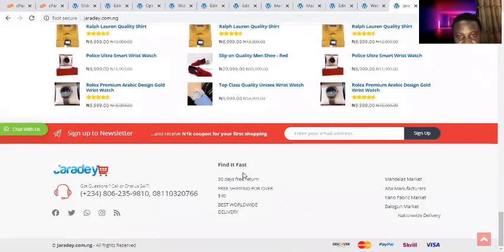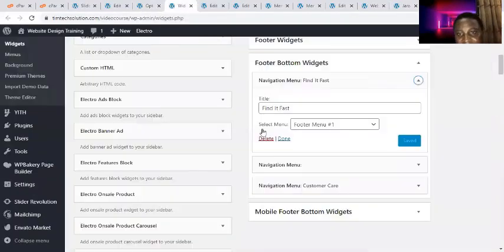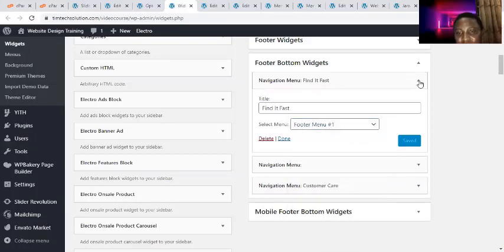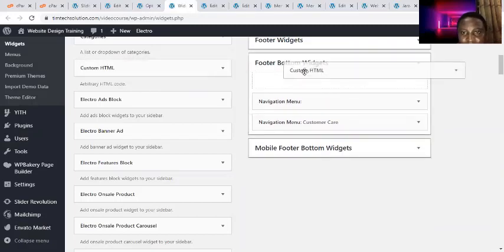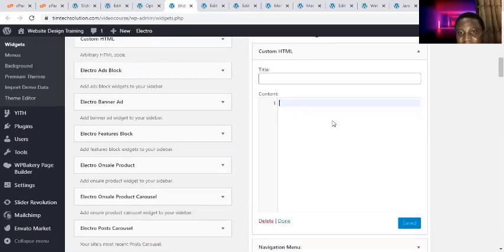Find it fast, 30 days free return shipping. So you can see what I have there. You can also input that as well. So find it fast is shown here. The menu is picked from the footer menu, but you can choose to change it or customize it. You can bring this out and then add custom text here, and then you provide the content. You can say something like